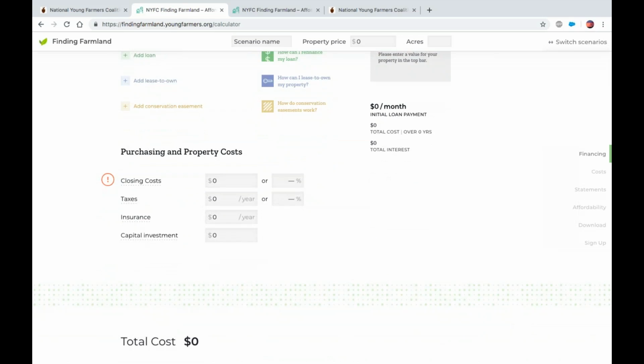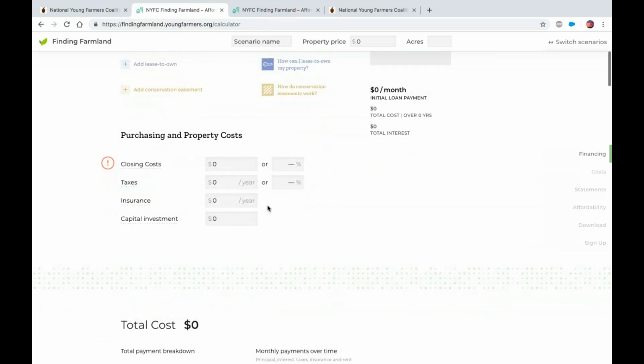So as Leah mentioned, there are more costs to property ownership than just the purchase price. There is, at the time of purchase, various closing costs. There are property taxes, there's property insurance. You might have to make a capital investment in the property when you buy it in order to build infrastructure that your business needs. And what we don't have here, because it's really hard to predict on a regular schedule, is upkeep. So that's just something to remember, that if you own land rather than lease it, your upkeep costs are probably a lot higher.